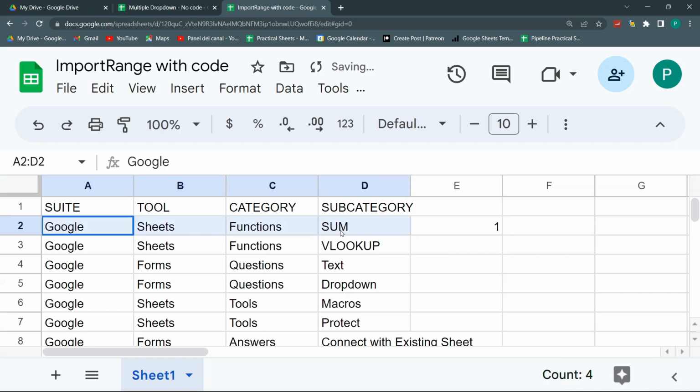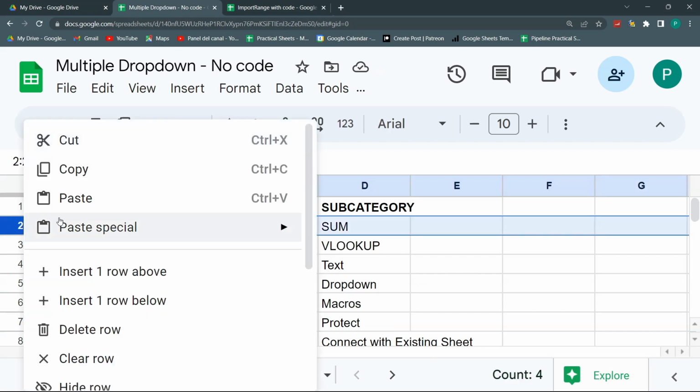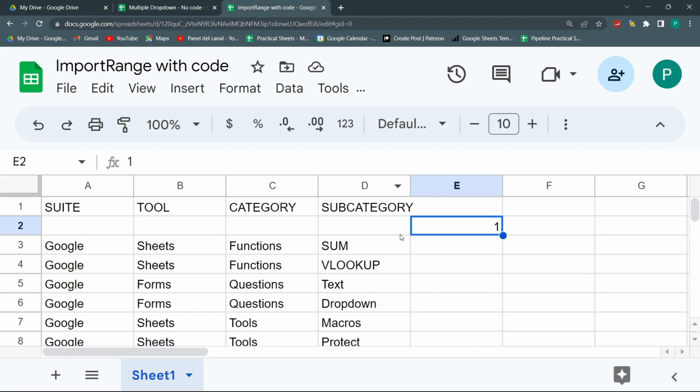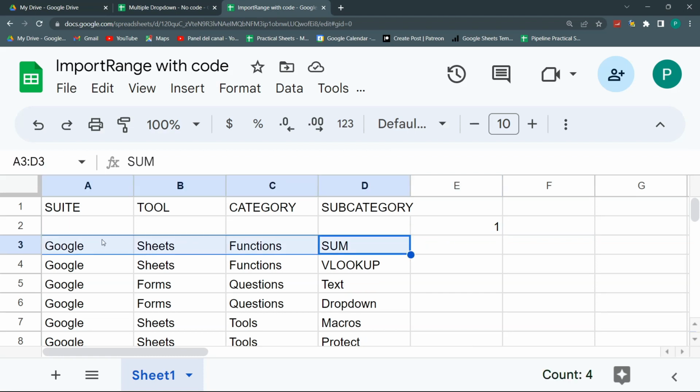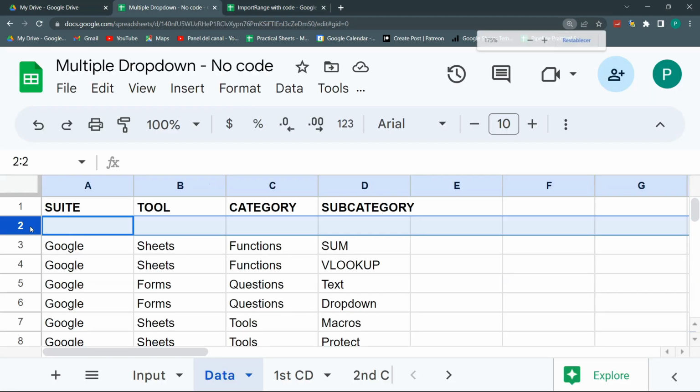Okay, so Google Sheets function sum is my number 1. But if here I add a new row above, and then I see what happens, the 1 will still be in this row and everything is damaged, because I wanted this one to be here. Okay, so these are the main problems that happen when we start mixing our import ranges with manual data and such. So let's delete this row again